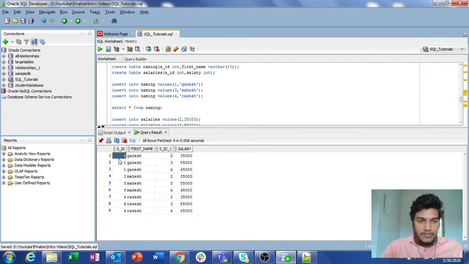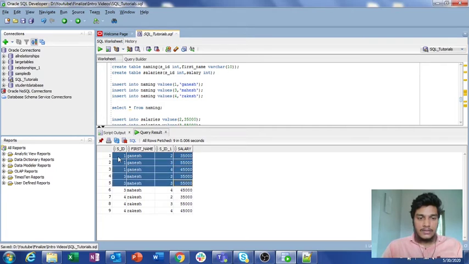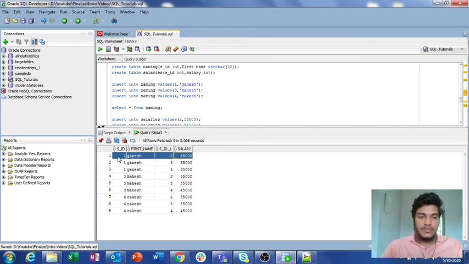If you observe this, for every row in one table, we have a comparison with all the rows in the second table. Suppose you have 100 rows in the first table and 100 rows in the second table, then the total number of rows we will get is 100 into 100, that is 10 power 4, which means 10,000. That will take a lot of memory if we are dealing with a huge number of records.